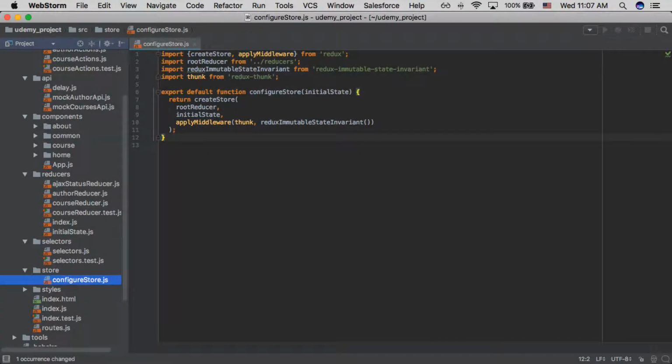Our first step is to configure our Redux store for production. Our current store that you see here contains code that we don't want to use in production. See, Redux immutable state invariant is only really useful for development. It would cause performance issues and is really just there as development warnings that should occur when we accidentally mutate